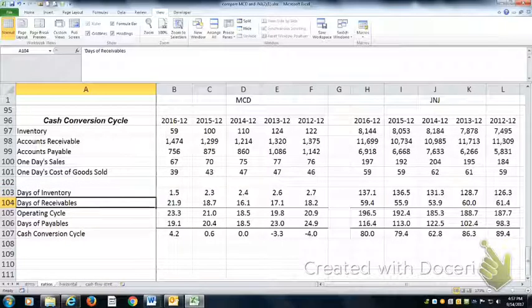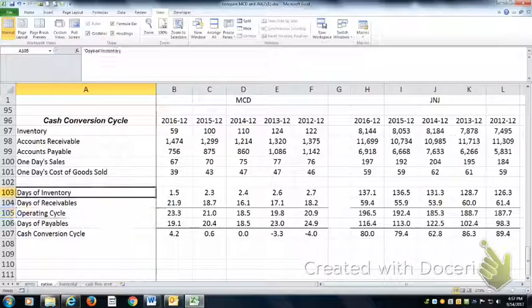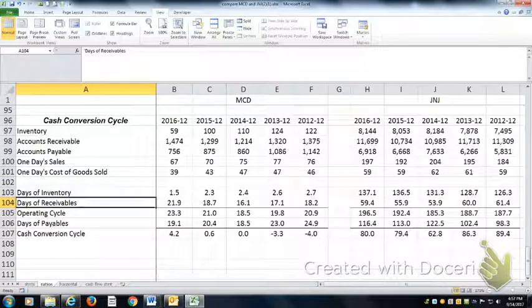Add to that the days of receivables. When they sell it for credit, they take an IOU, an accounts receivable, as opposed to cash on the barrelhead. So adding these two together gives you the operating cycle. Days of inventory, how long it's on the shelf. Days of receivables, how long it's sitting in somebody's inbox before they actually pay it. Now, operating cycle is how long it takes the firm between when they buy stuff and when they're actually paid